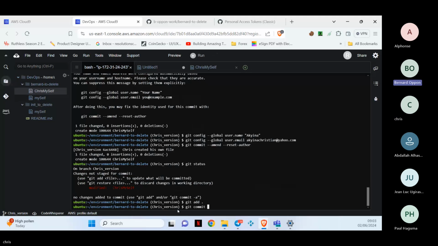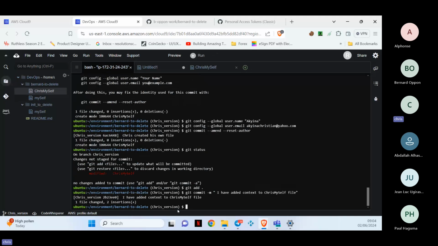with a proper message of what you did. You added context to Chris myself file. Remember, now there are 2 files. So you can't just say, oh, I added context. No. To Chris myself file. And now that's done. When you've done this, I want you to go into the file called myself, which is